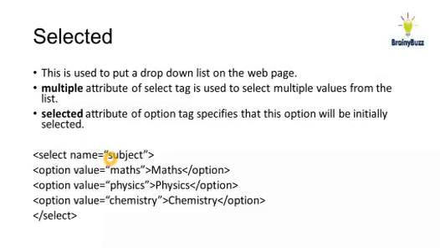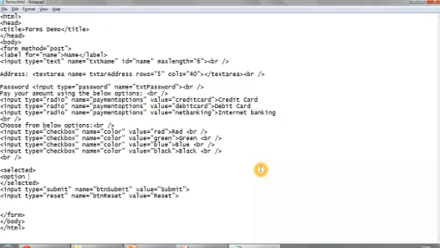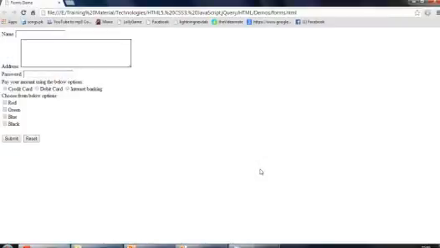So we have the option tag over here, and in that we have the value. Supposedly I want to display the list of the subjects that I want, so I'll write maths over here and then close it, and then give maths over here, and then close the option tag. So when I save it and refresh it,